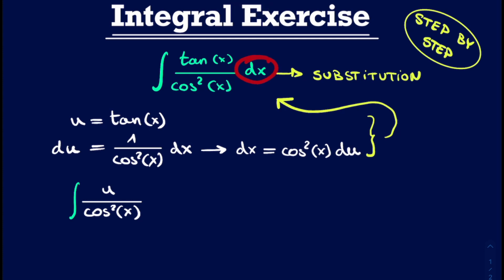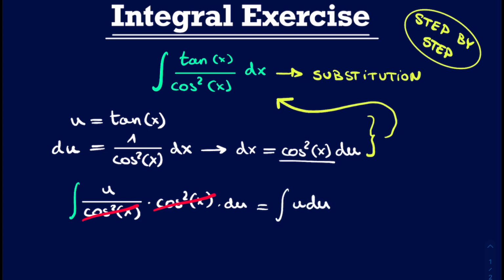Then we multiply it by this dx, but we found a formula to substitute this dx as a function of du. So we simply write multiplied by the cosine squared of x, which is this prefactor, times du. And now we see that we indeed didn't have to worry about rewriting this cosine squared of x as a function of u, because we can simply see that it drops out. And we are left with the very simple integral, namely the integral of u du,